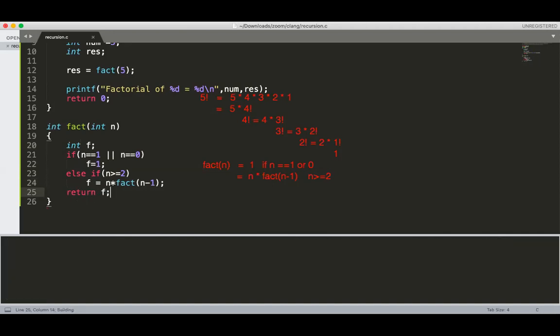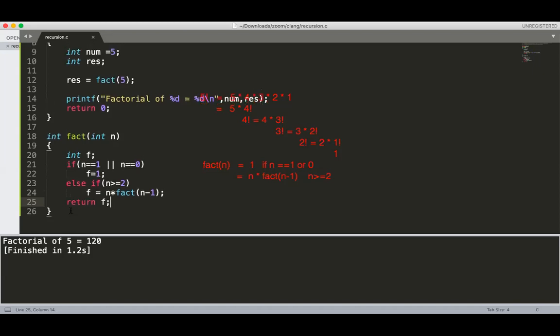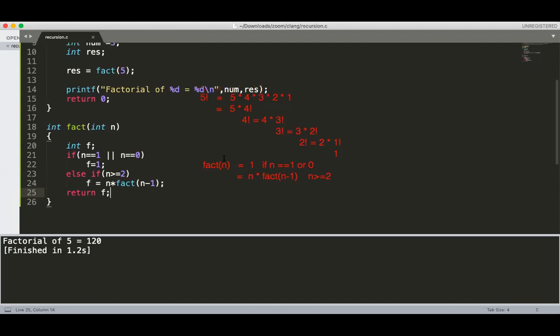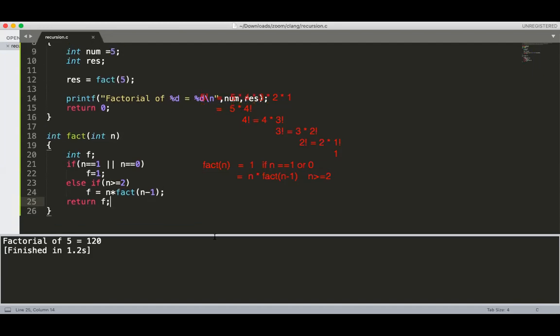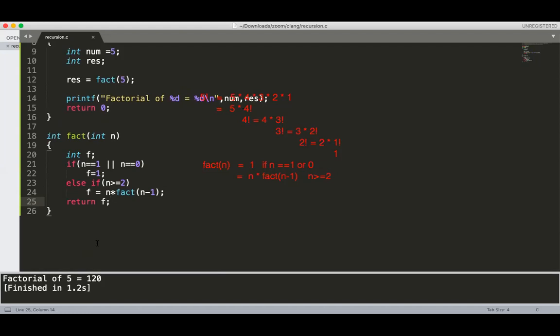Now you will not get any type of error or warning. Yes, sir, this is the correct implementation. So just note down this program, and I will show you how this program gets executed in memory.